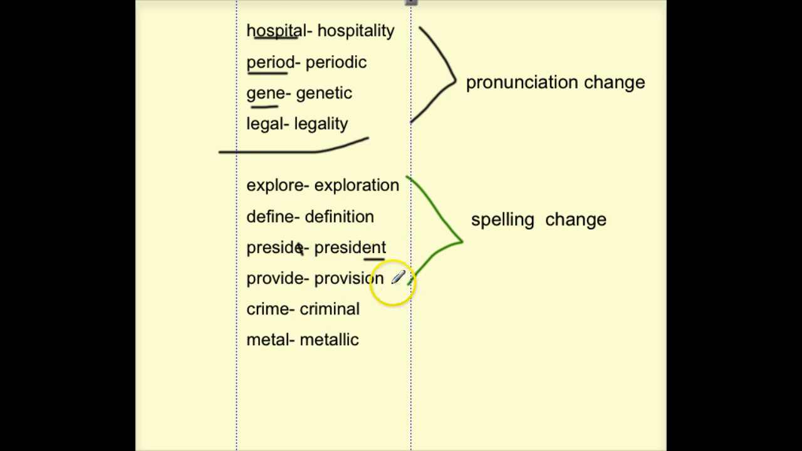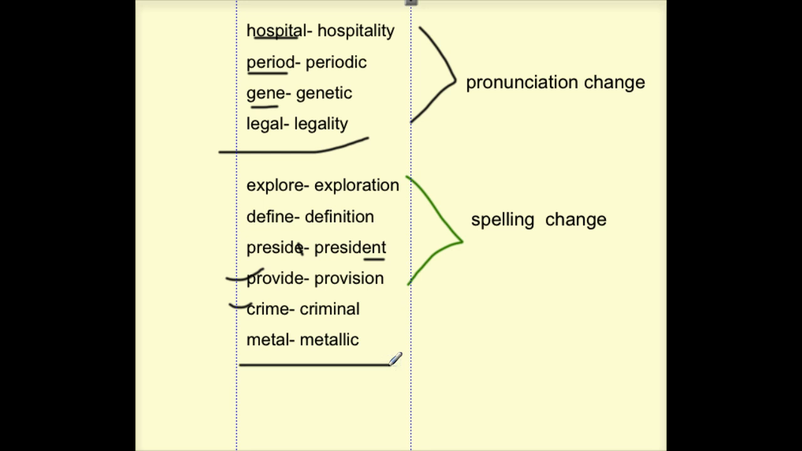And then in provide and provision, we actually have a letter change in there. The D changes to an S in provision, and we drop the silent E, and the E changes to an I-N in criminal. So provide, provision, crime, criminal, those are probably the trickiest word combinations this week. And then in metal